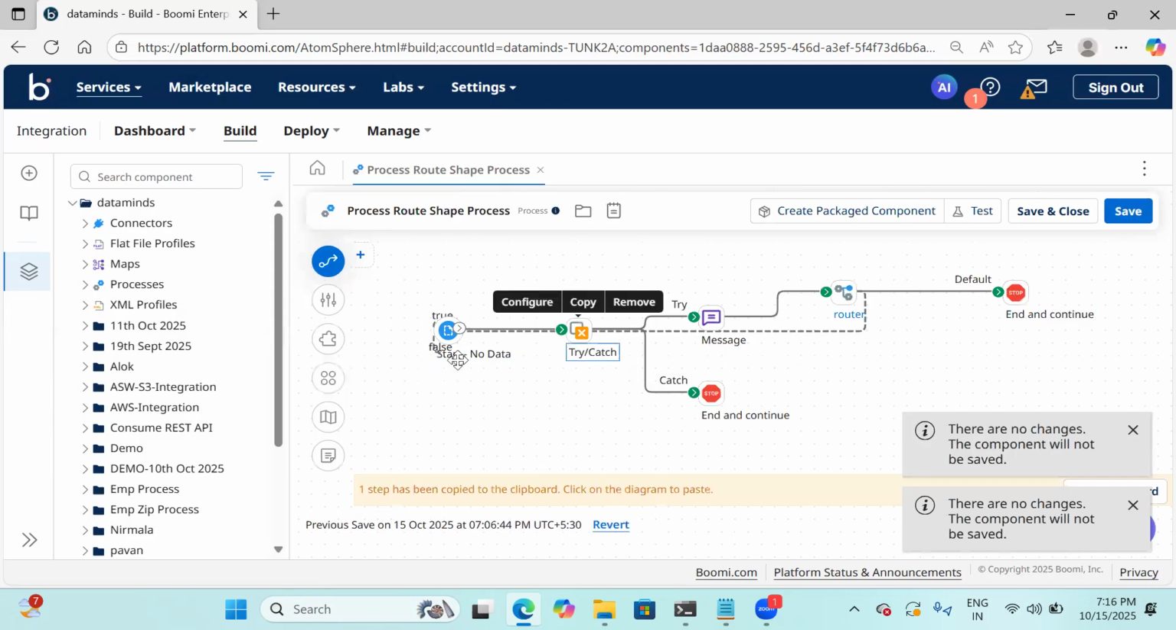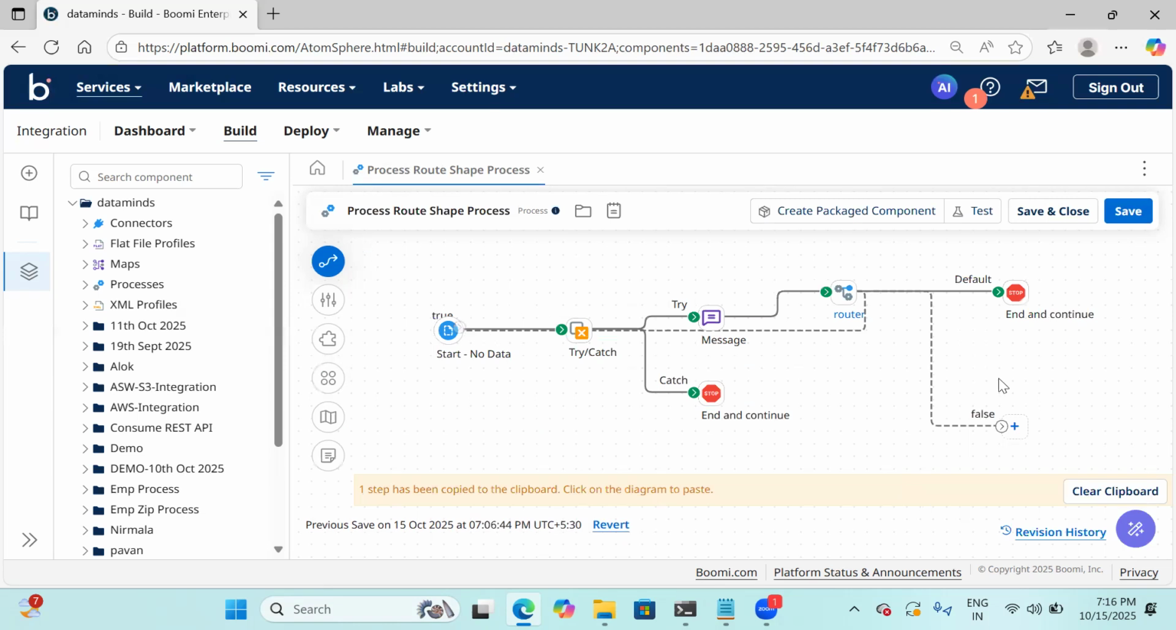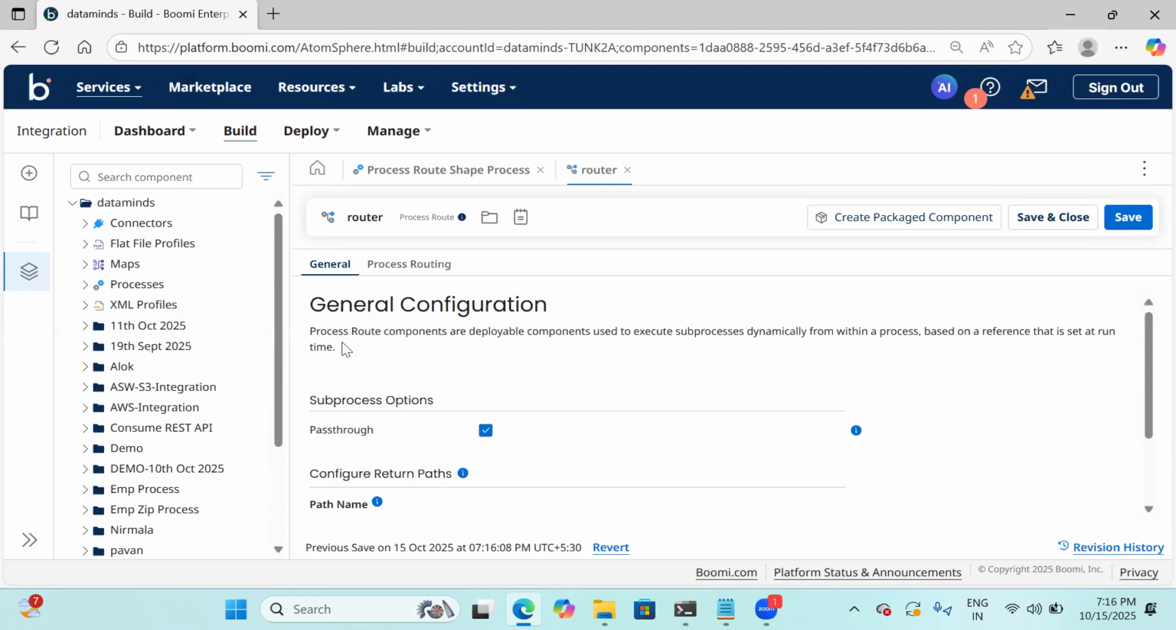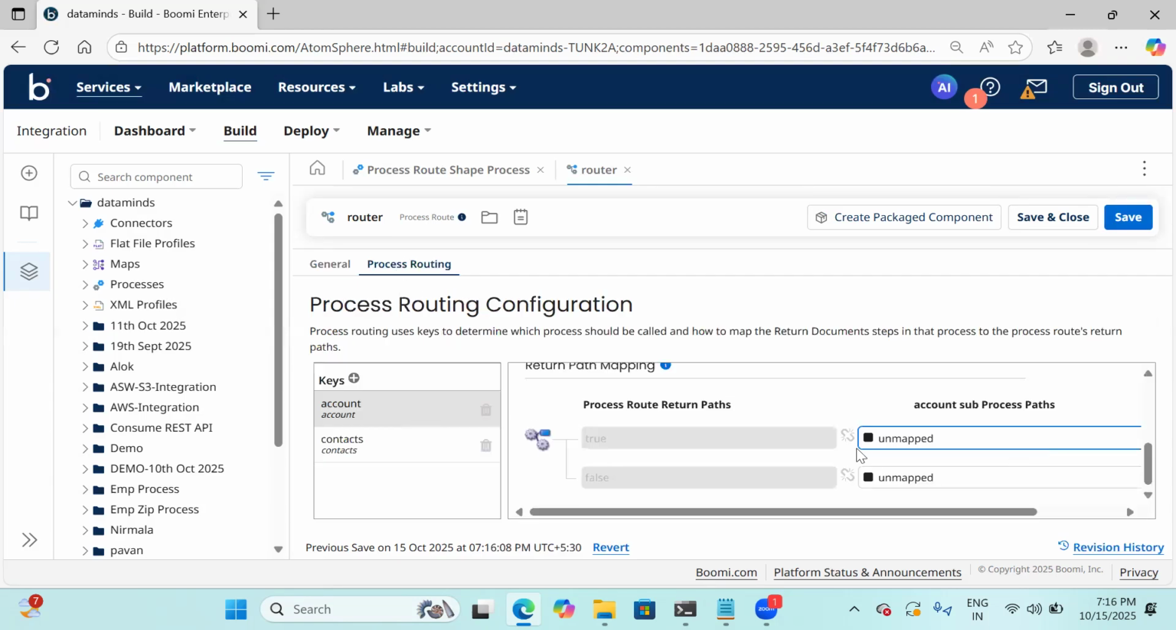Now here you will be able to see two paths. One is false path and another is true path. These are the paths which I have configured just now. Now I'll come back to the process routing, and I'll click on accounts. So here I'm able to see the return paths. If I click on here, you will be able to see the success path. The success path is going to map to the true branch, and this failure path is mapping to the false branch. I'm going to save this one,